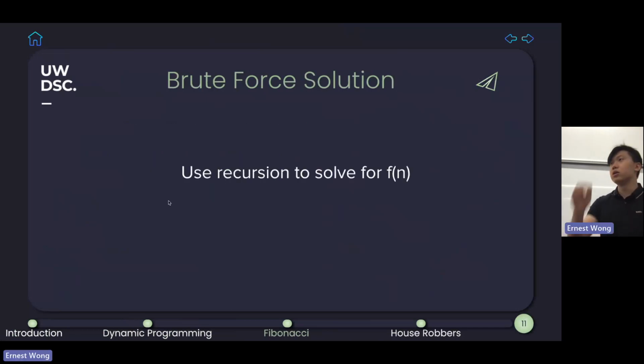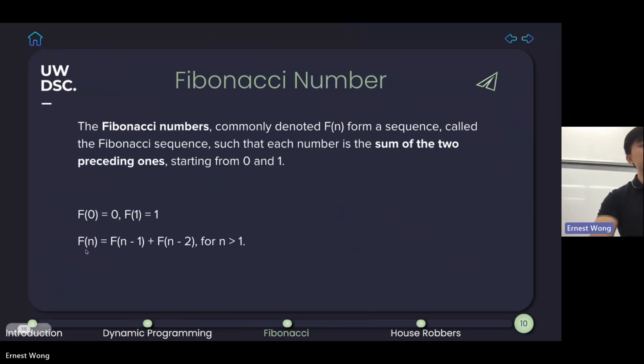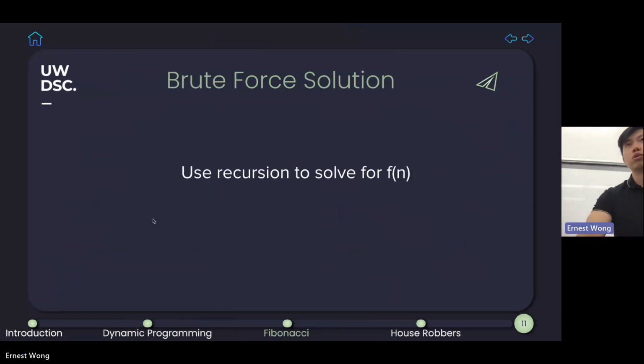In terms of the brute force solution, we can use recursion. If we go back to this equation, if our function returns f of n, we can call that function on n minus 1 and on n minus 2, and then use those return values to find our f of n. For our recursion, we want a base case, which is f of 0 and f of 1. Is everyone clear on this so far, or do you want me to code up the brute force solution? So far, so good. Okay.